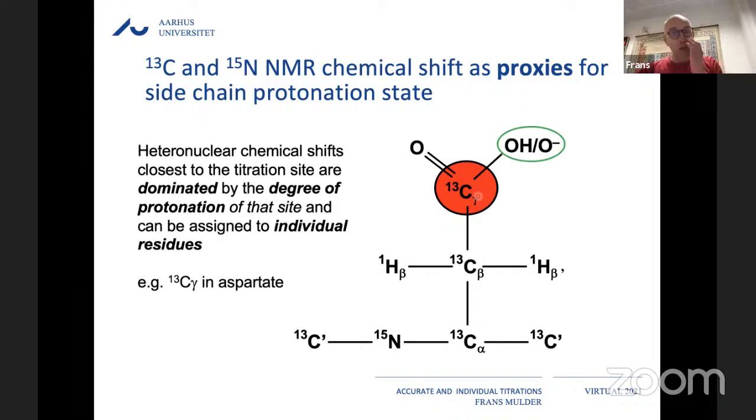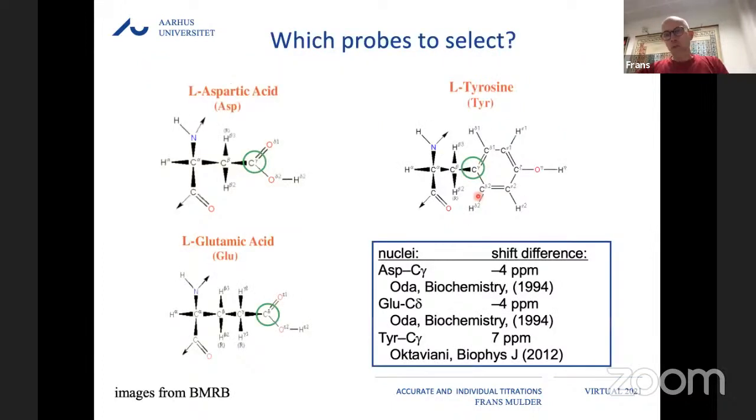The added benefit of going to carbon NMR is that we can do 2D NMR spectroscopy such that it's easier to resolve the individual resonances once we have made an assignment of the peaks in our spectra. And I'll show that in a second. So we spent some time trying to figure out, if we develop these methods with carbon NMR or nitrogen NMR for all the different side chains, which should be our preferred probes. There's a lot of literature data on this, and we did some things ourselves as well. For example, for the aspartic acid, it is best to take the carboxylate carbon, the same for the glutamic